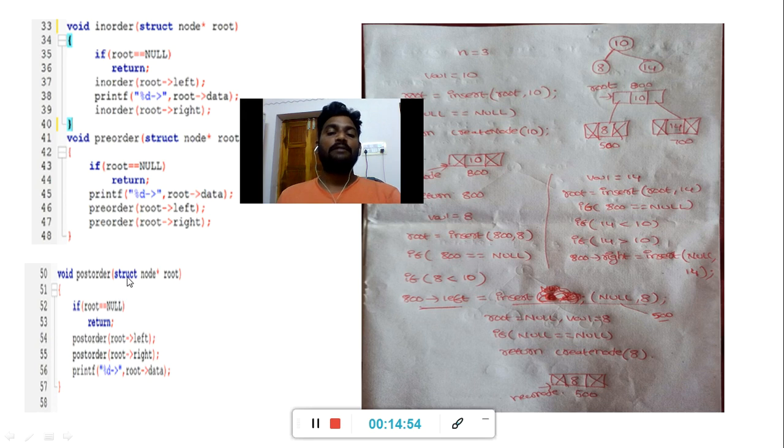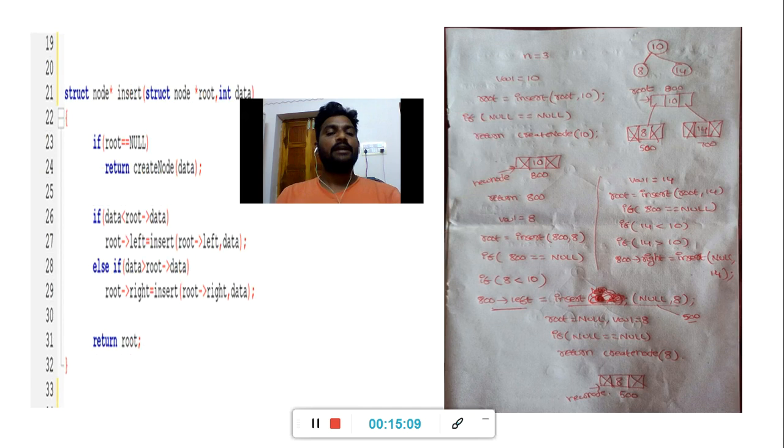How many user defined functions are created here? One is to create the node, which allocates the memory for the node. Then that new node is inserted into the binary search tree by calling the insert function.